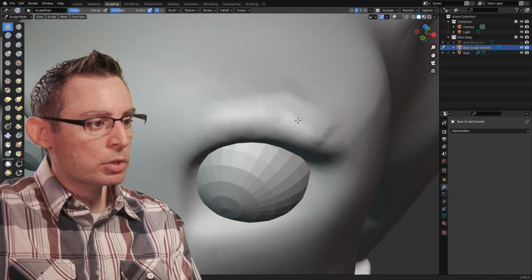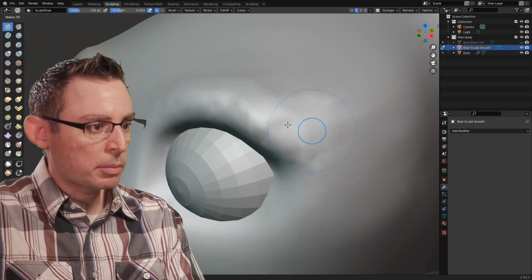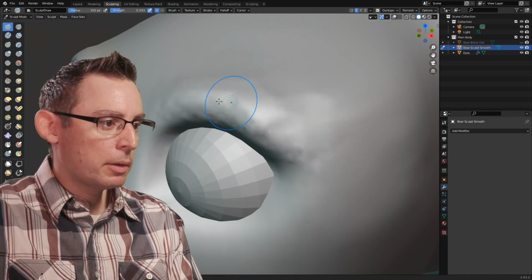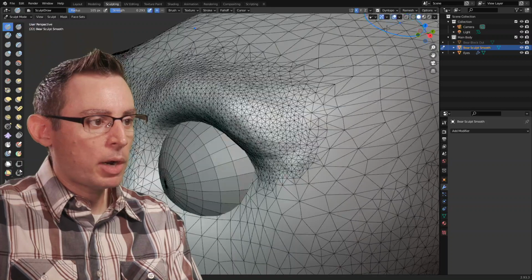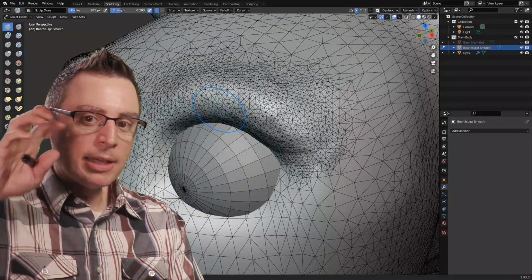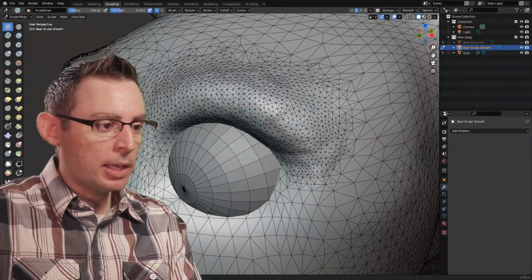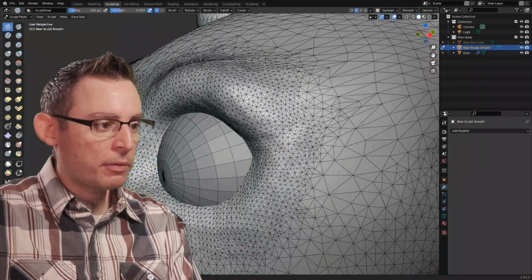Okay, I'm going to initially begin with the Sculpt Draw tool. And I'm just going to start drawing here. My brush is a little bit too big. And if it gets real choppy, that's okay, right? If we turn our wireframes on, you can see what's going on. It's dynamically adding more polygons into the mix here. And it's doing that based off of the size of my brush.